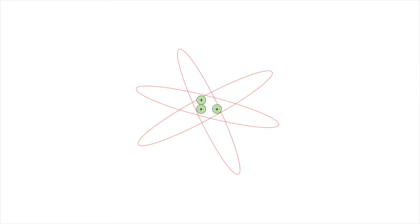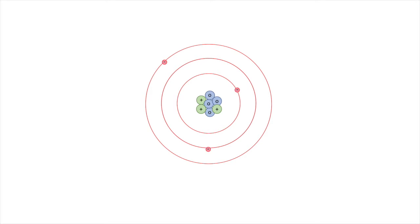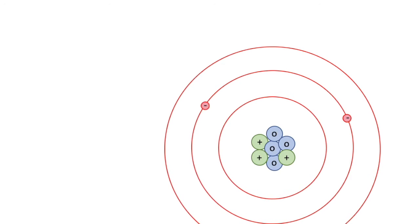An atom has positively charged protons and neutral neutrons in the nucleus. A cloud of negatively charged electrons orbits the nucleus. These electrons move around in orbital shells, and generally speaking, the higher shells have more energy per electron than the lower ones. When an electron gets excited, it might jump up to a higher orbital shell, so it has a